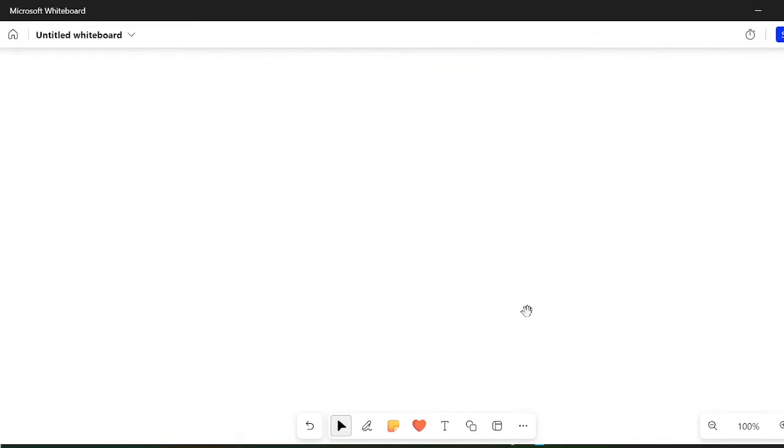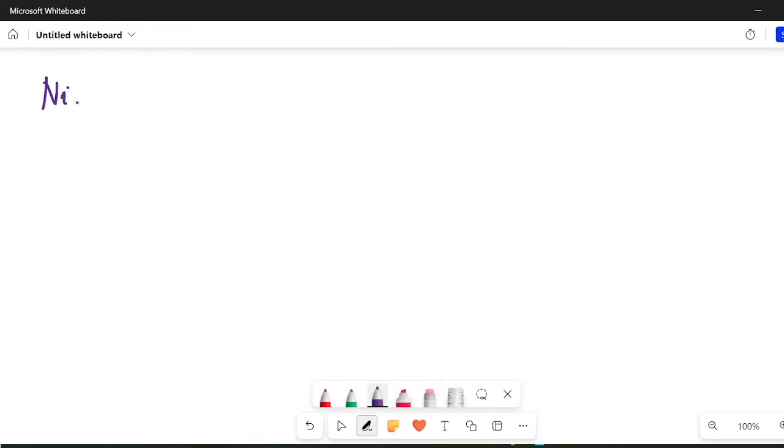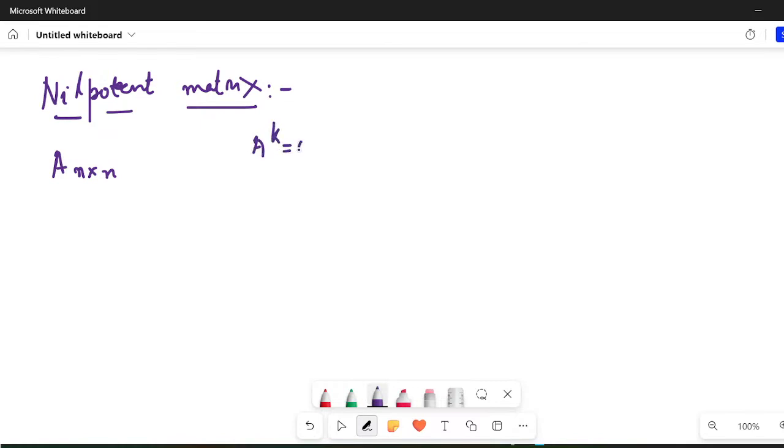So we have studied nilpotent matrix, and I'm going to write it all over again. What is a nilpotent matrix? A matrix is said to be nilpotent. So let's say an n cross n matrix A is there, and it is said to be a nilpotent matrix if A raised to power k is a zero matrix, where 0 is an n cross n